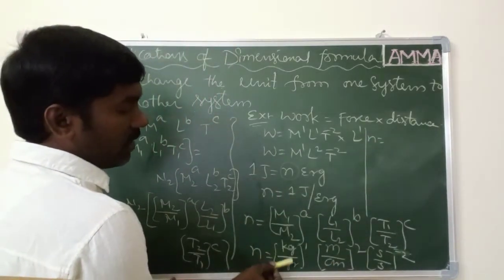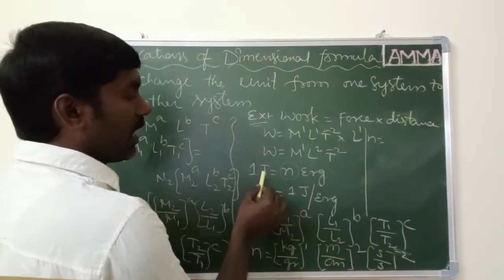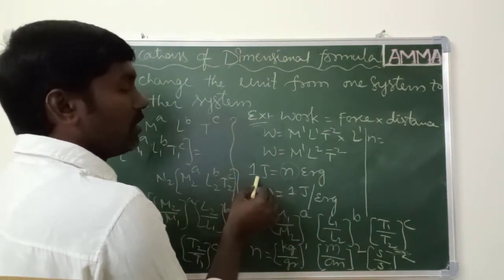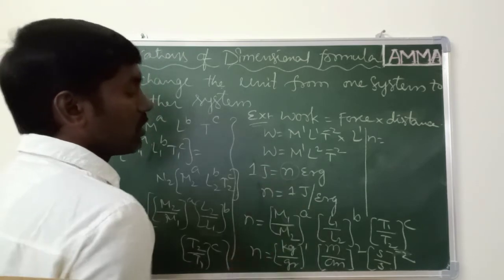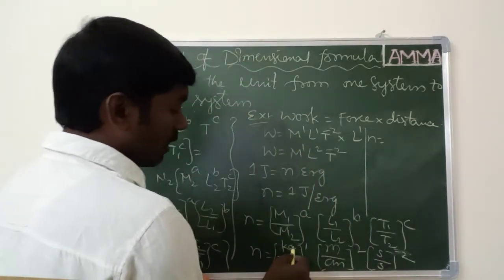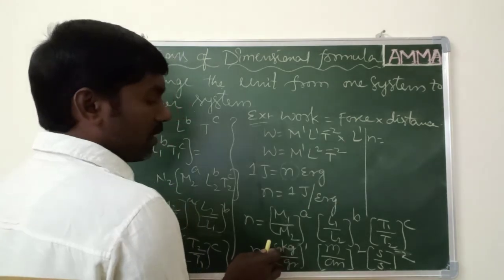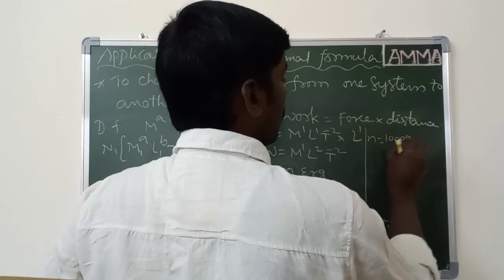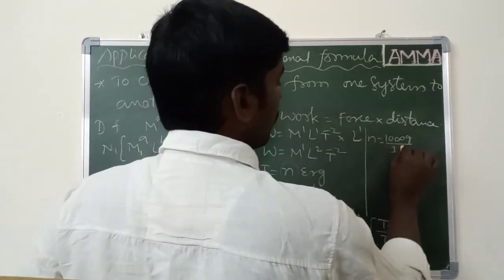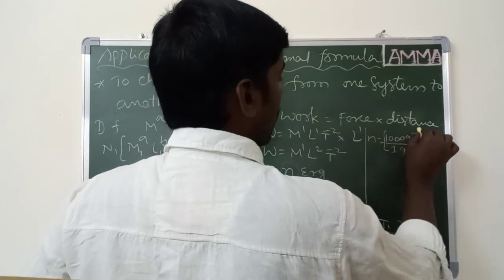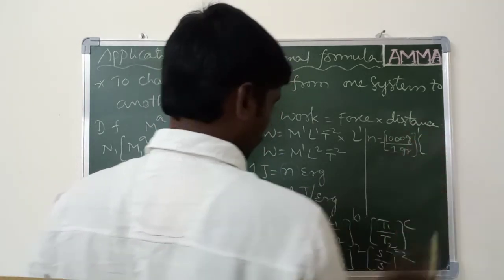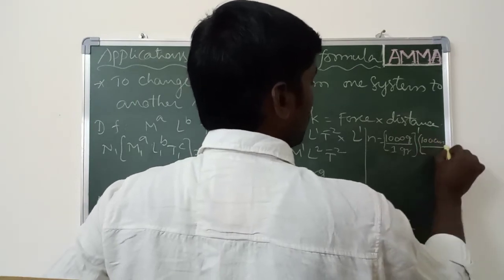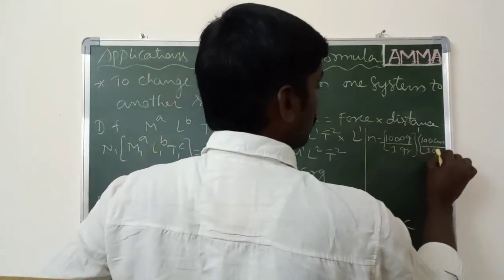Let us convert these values from kilograms to grams, because our aim is to find the value from joules to ergs. We have to find the n value, which means 1 joule is equal to how many ergs. So let us convert from the MKS system to the CGS system. 1 kilogram is equal to 1000 grams per 1 gram, to the power 1, into 1 meter, which is 100 centimeters divided by centimeters as usual,